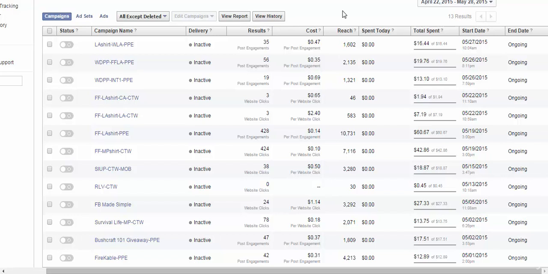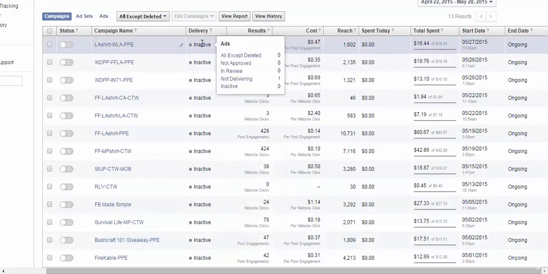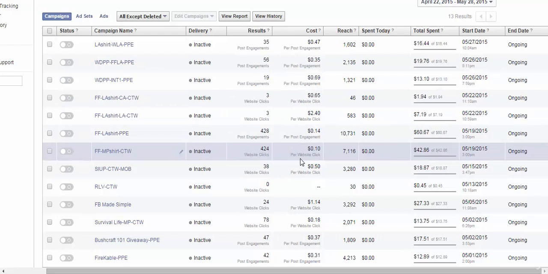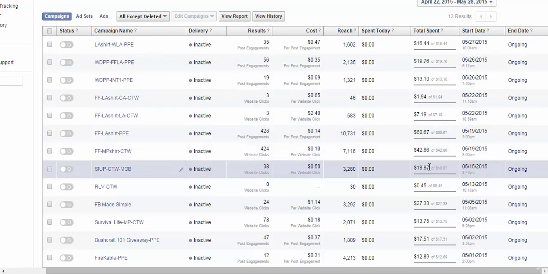So we're in Ads Manager. This is a big broad overview of your campaigns, whether they're active or not, and some of what I call generic results. They're showing you your post engagements, your website clicks, what your per post engagement and website click costs are, how much reach they got, how much you've spent. So all important information you need to look at, but to get a better idea of the effectiveness of those campaigns